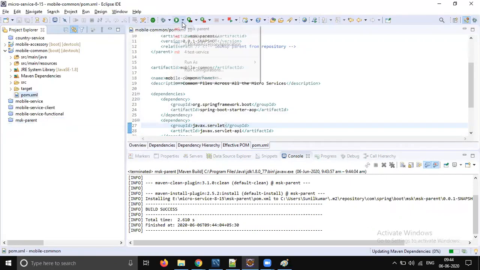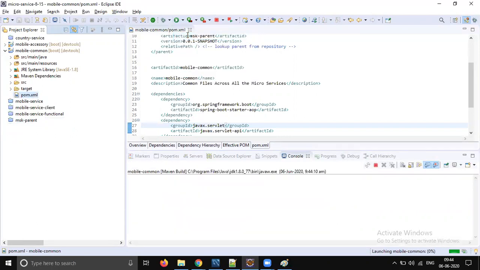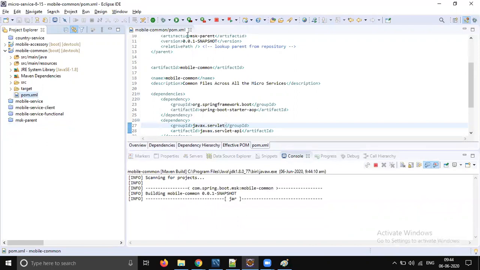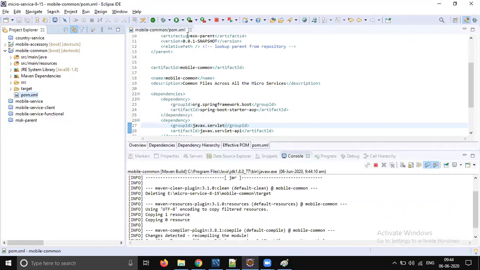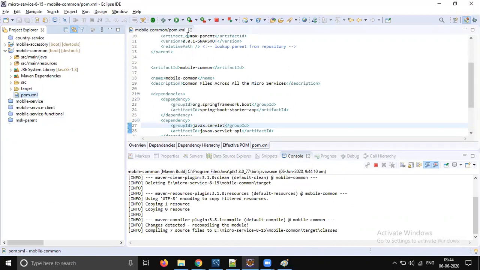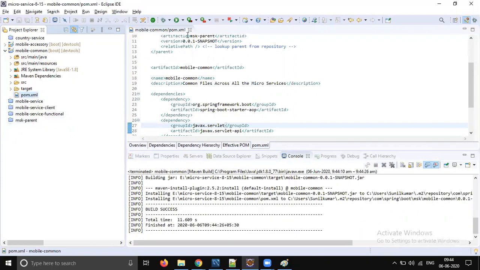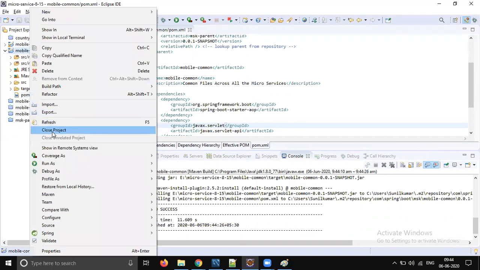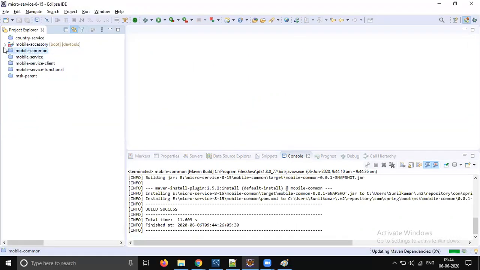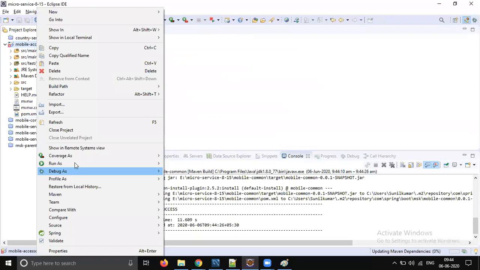Let's rebuild common. Okay, it's success. Let's close common. Yes. Now let's do Maven update.